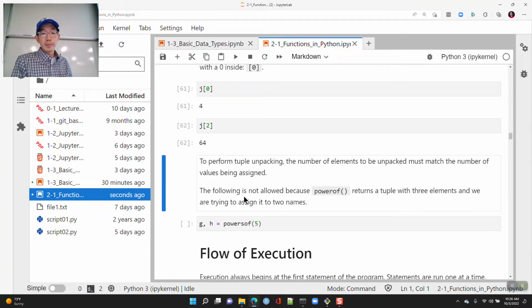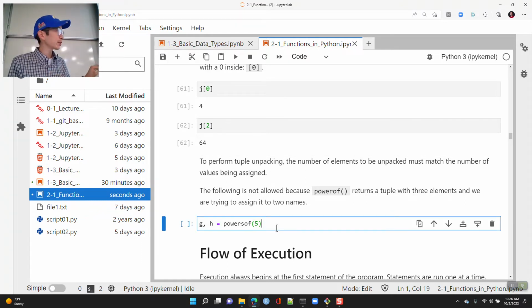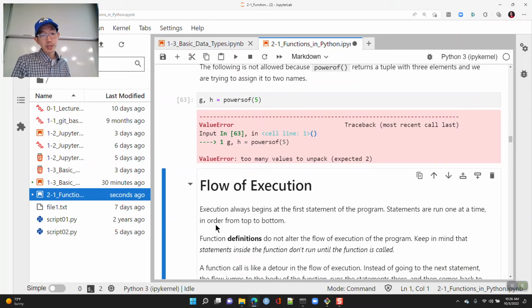If you want to do tuple unpacking, then the number of elements that are going to be unpacked has to match the number of values being assigned. So this is not going to work because powers of 5 returns a tuple of length 3, and I only have 2 names, right? So it's going to say too many values to unpack. It sees G and H, so it's expecting only 2 values to unpack. And here, when you run powers of 5, it's getting a tuple of 3, and it says we have a